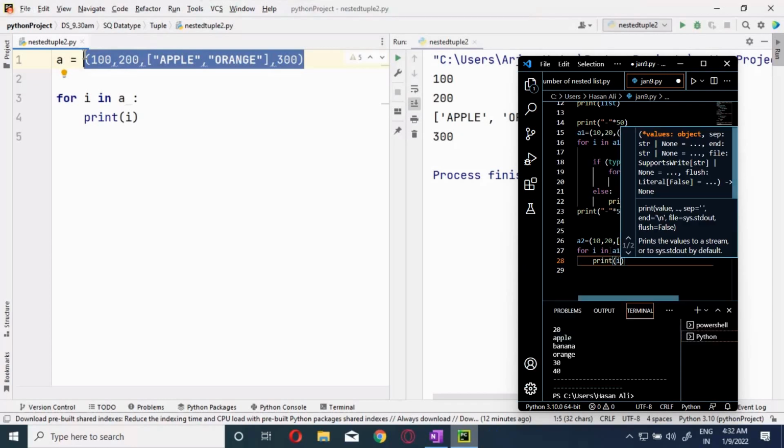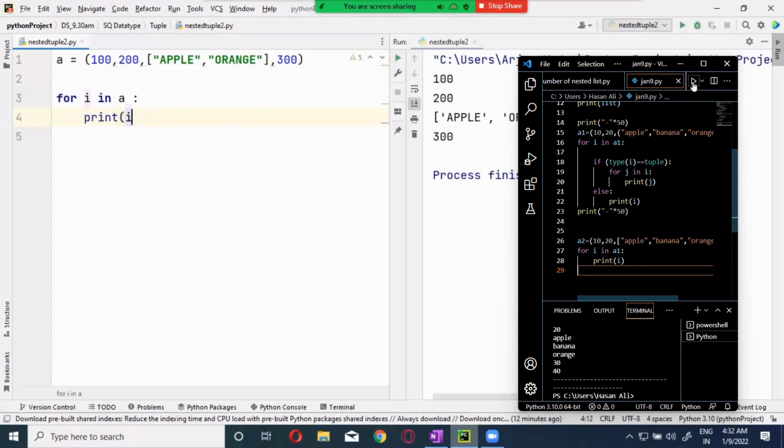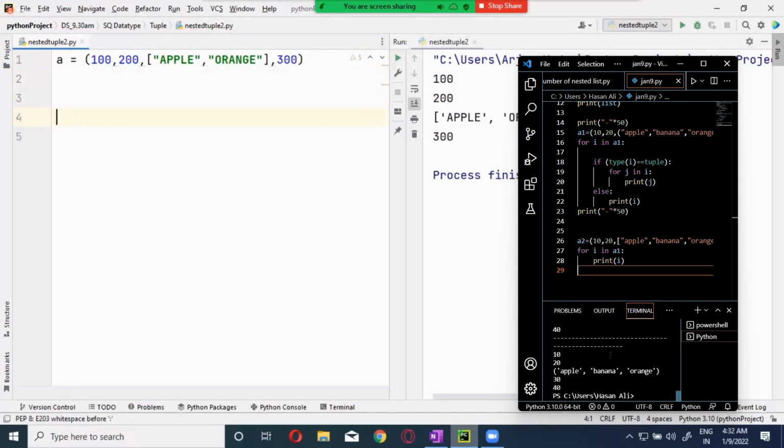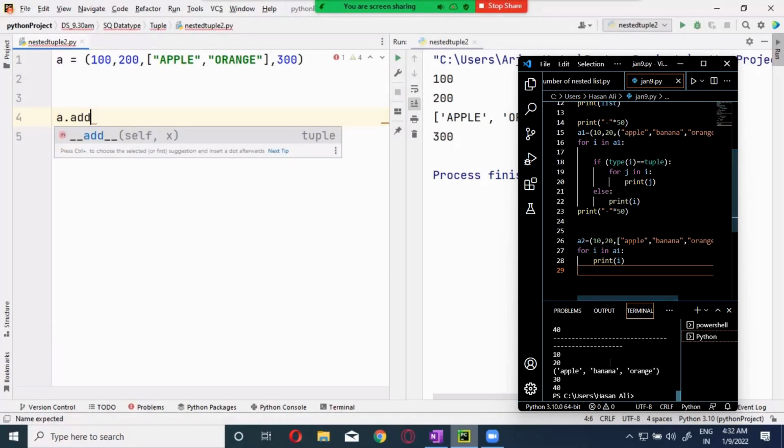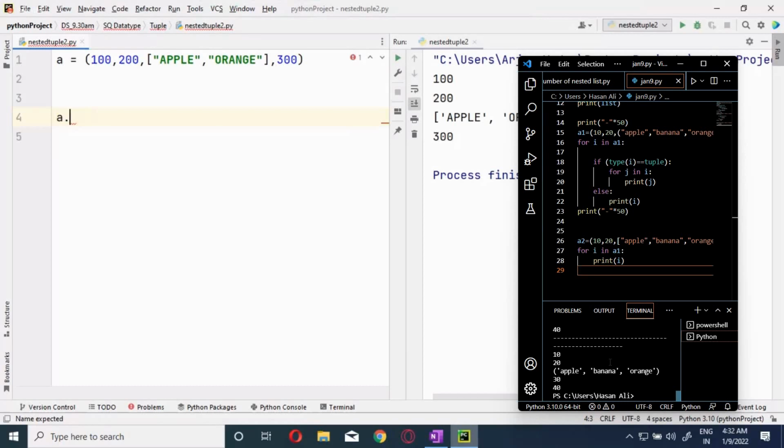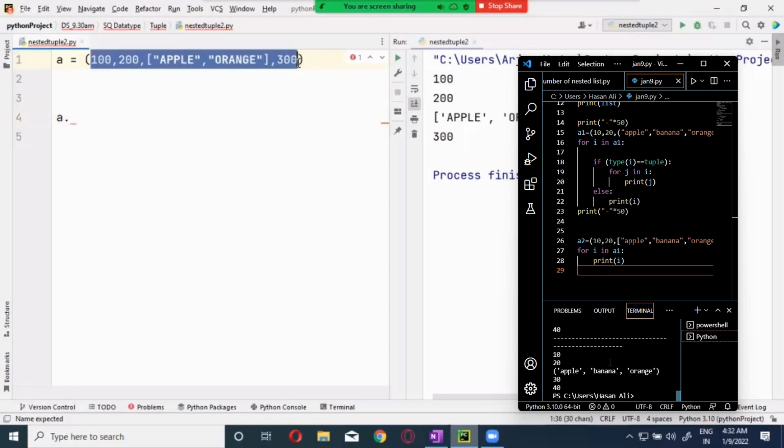Okay. Now, A dot append, not there. A dot add, not there. You don't have any option to enter it. You have to enter the value only while creating the tuple. After the tuple has been created, you can't enter anything. No way, you can't enter a value into the tuple. That's it. Once the tuple is created, that's it. While creating the tuple, you enter whatever you wanted, no problem. Once the tuple has been created, you can't enter anything into it. Okay, clear?